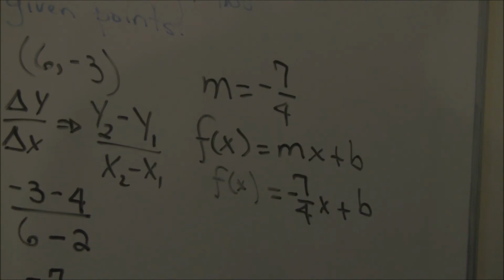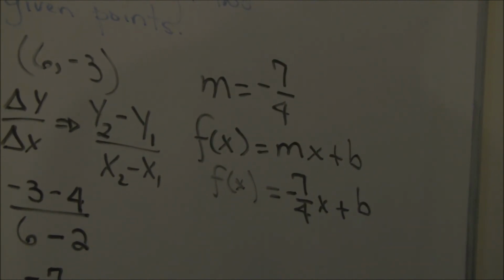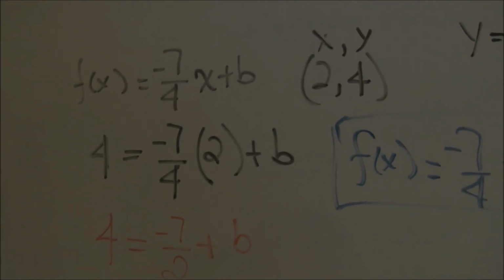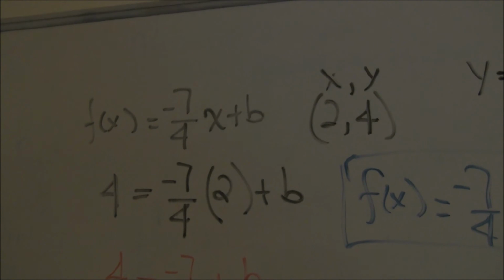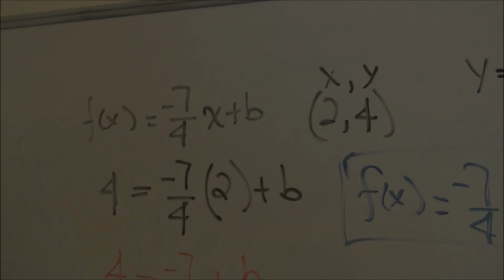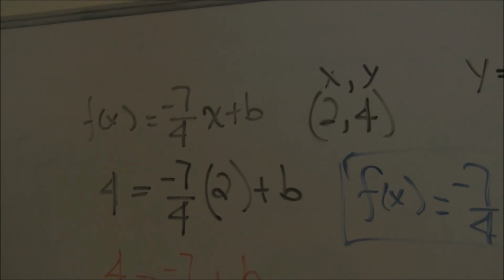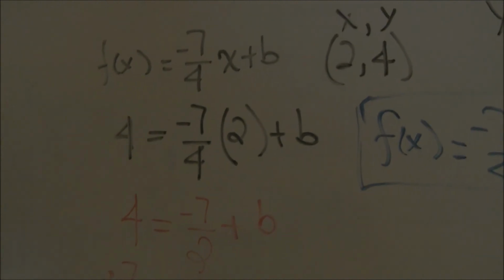From there, we choose 1 point, and in our case, we chose 2, 4 in order to find b. That's the information we needed. So we go back with our function f of x equals negative 7 over 4 x plus b. We choose the point 2, 4, where the 2 goes for the x and the 4 goes for the f of x. As a result, we have